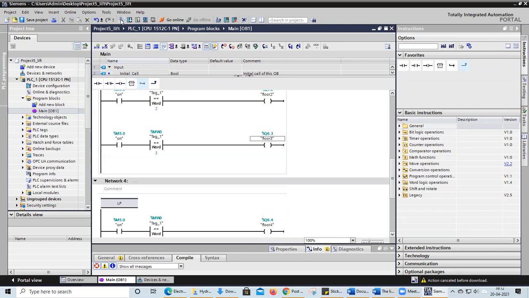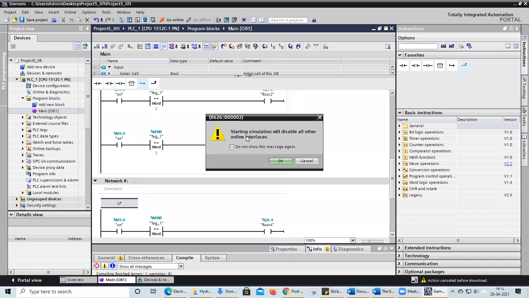Starting simulation will be disabled for all other online interfaces.